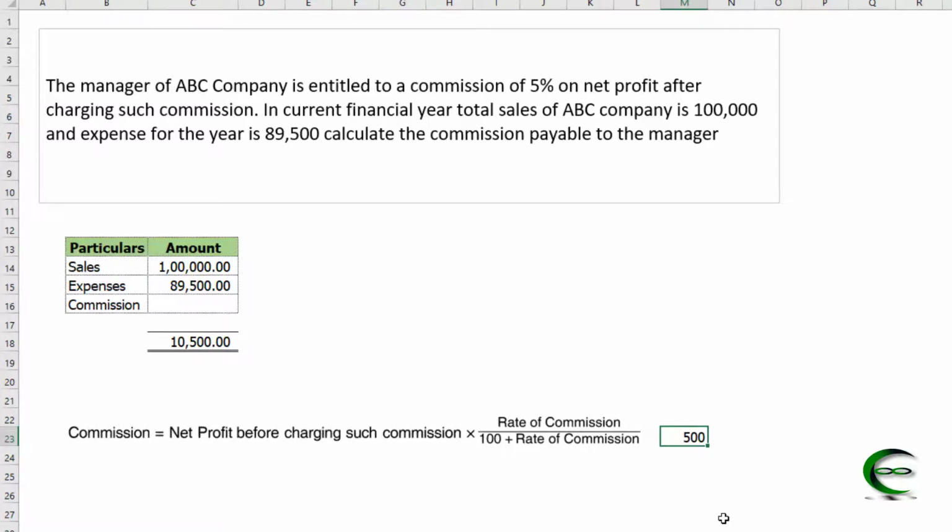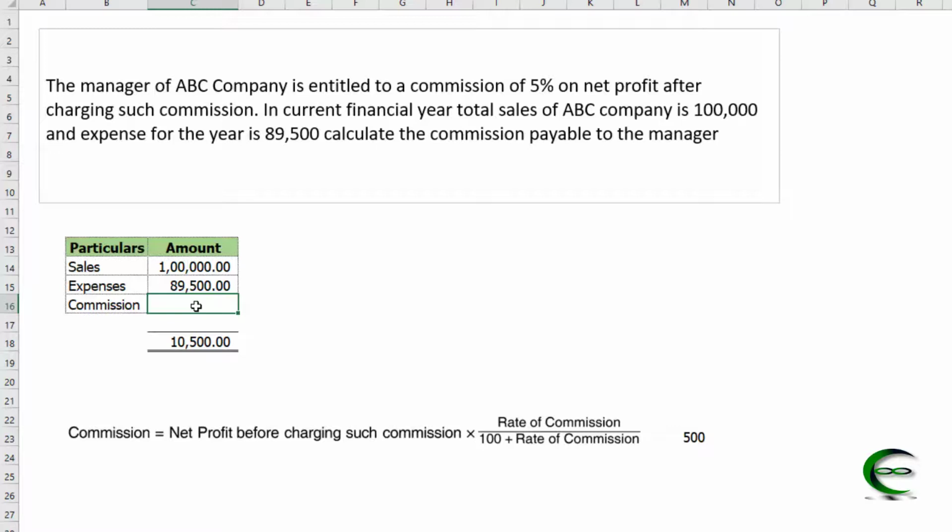But using Excel circular reference, you can model the formula like this also. In this we need to calculate 5% of this. Here the formula is this minus commission, and commission will be calculated on the net profit after subtracting commission.